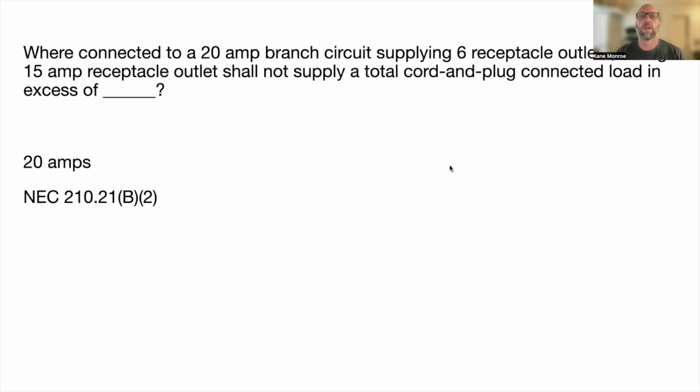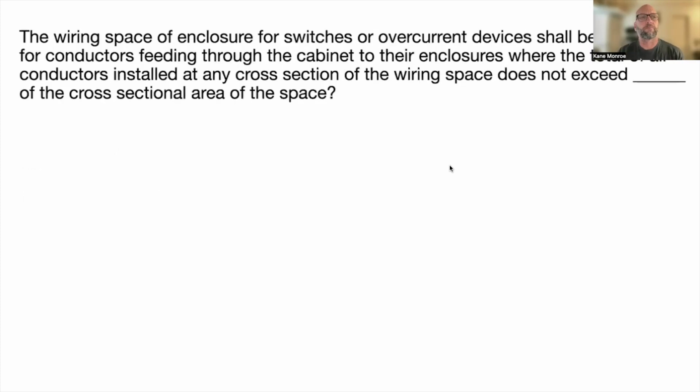Excuse me, 210.21(B)(2). The wire space of enclosures for switches or overcurrent devices shall be permitted for conductors feeding through the cabinet to another enclosure where the total of all conductors installed at any cross-section of the wiring space does not exceed blank of the cross-sectional area of the space, and that's 40%,